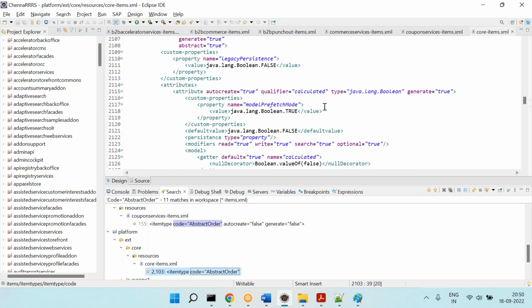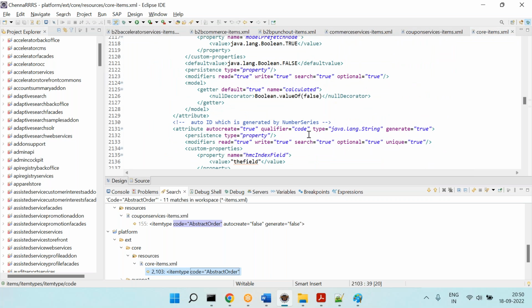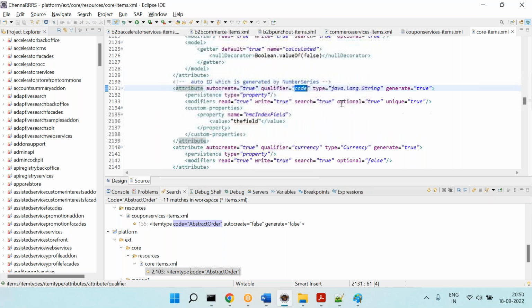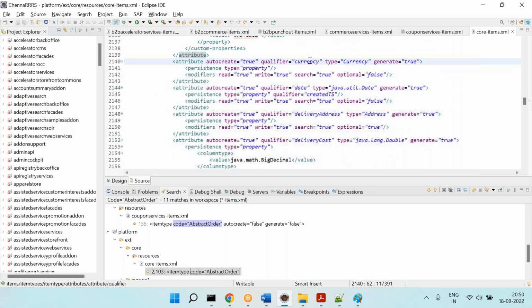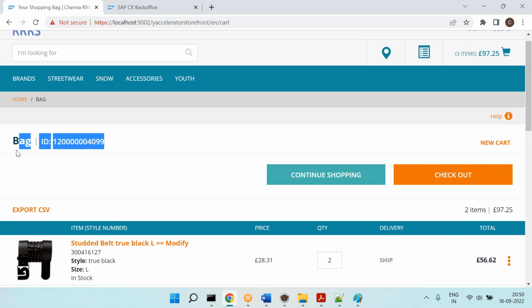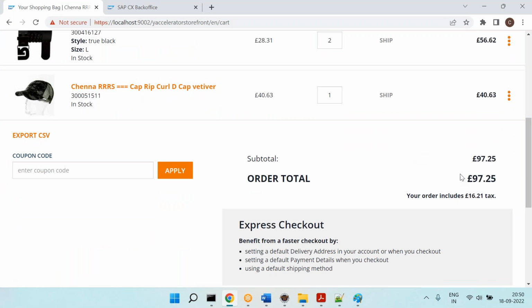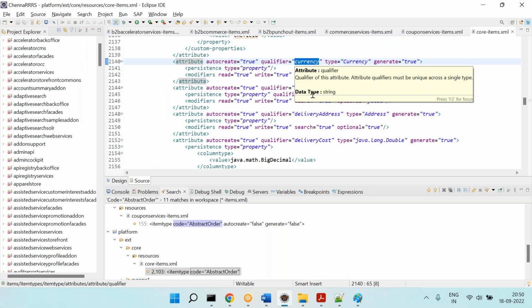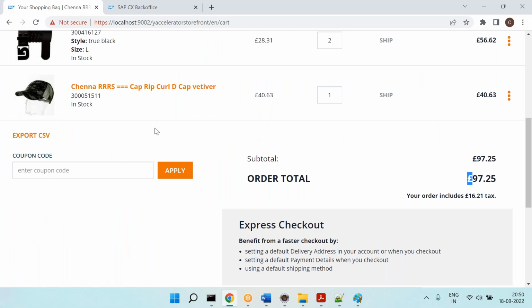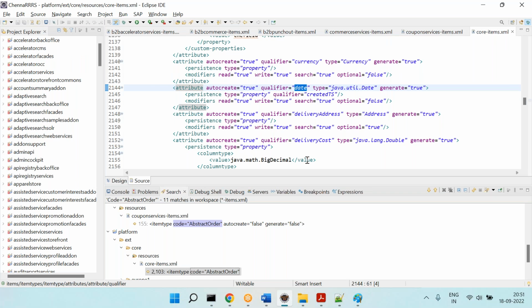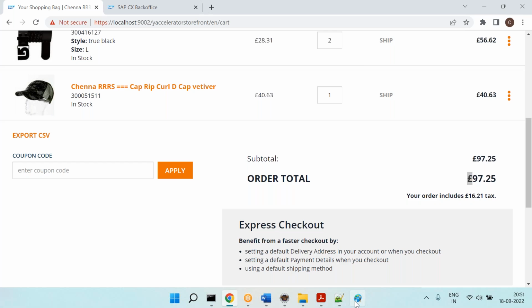So here you can see the attributes. You can see there is a code. So that means what? Order code, cart code and all, currency. So now can you see this one? This is what my cart is having, a currency here. Similarly, order also will have. Next, cart will have what? A created date. Order also will have created date. So therefore, whatever is common for cart and order,